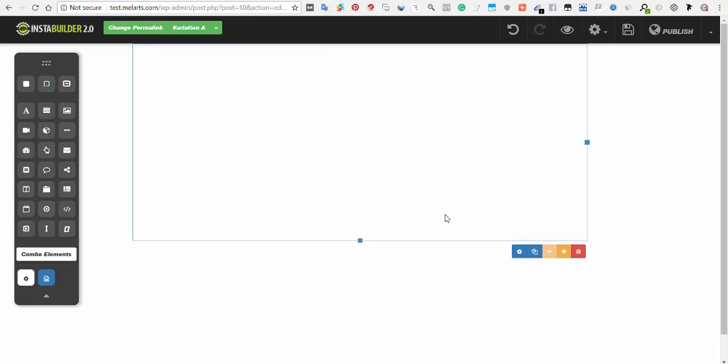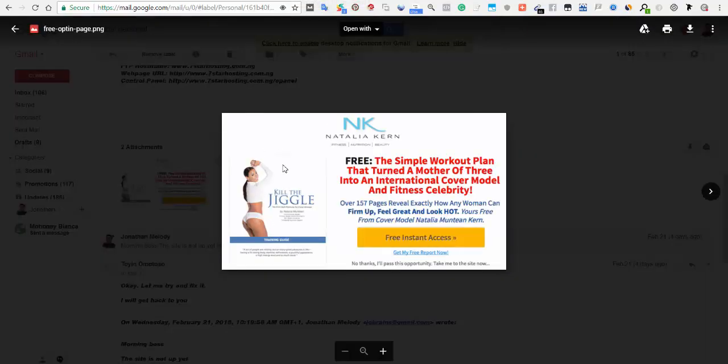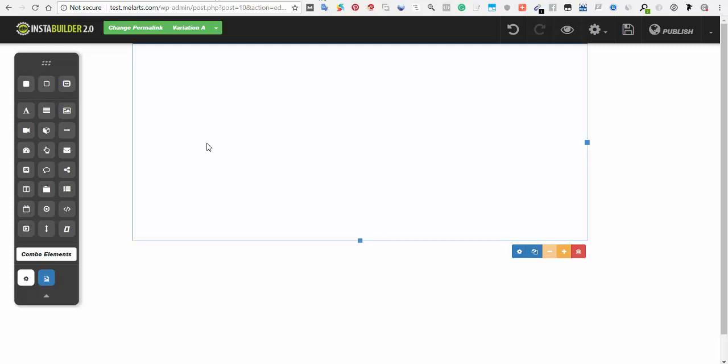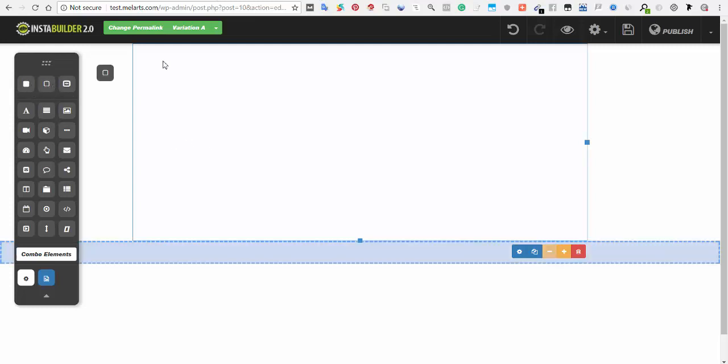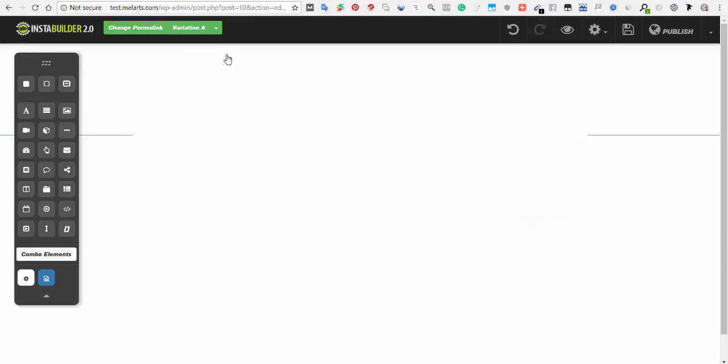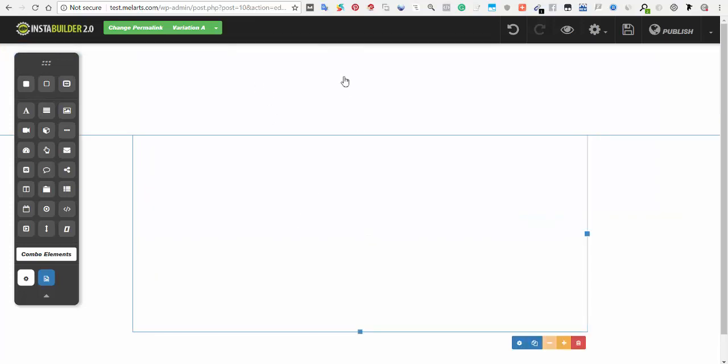Yeah, so because we have two sections right here, where you have the image and where you have the text. Okay, these are two different sections. So what we're going to do is let's still have this white section. Okay, so we have this white section and this right here. And then the next thing we're going to do here is